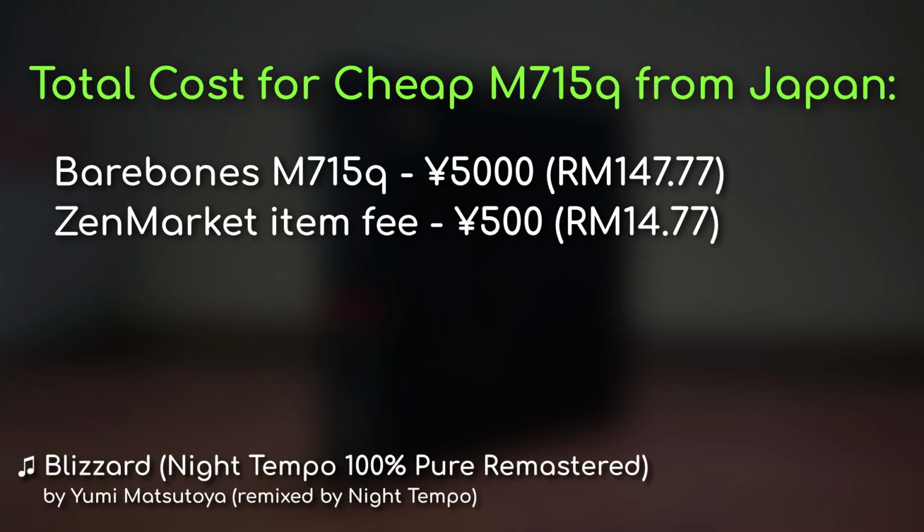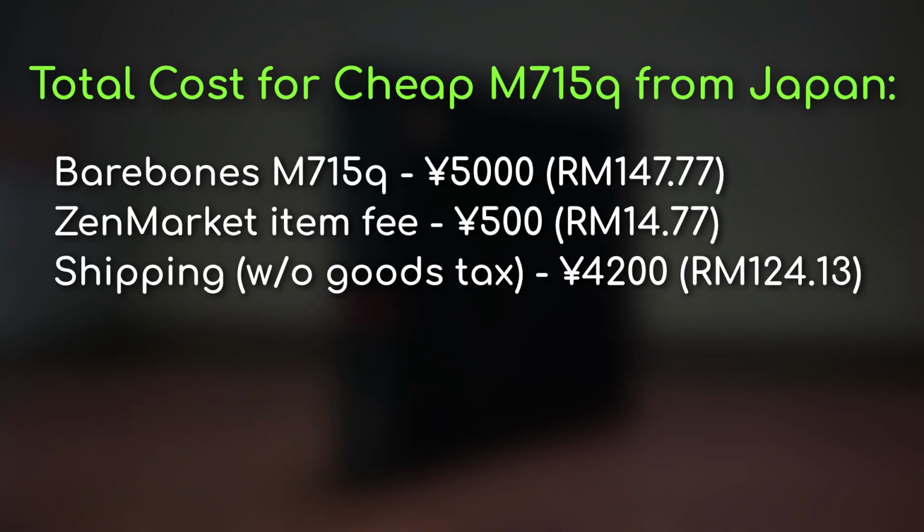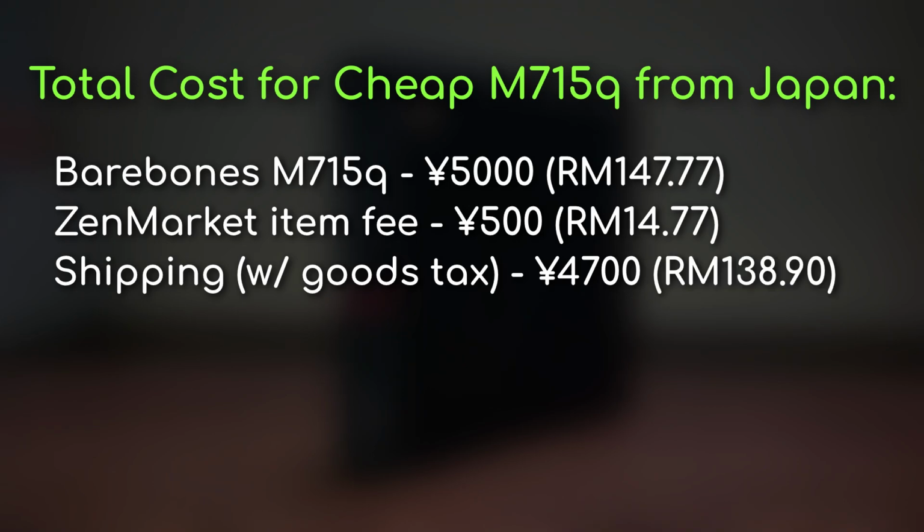And now, the shipping cost from Japan to Malaysia. It costs 4,200 yen, which is approximately 123 ringgit and 44 cent if converted. Because the M715q weighs 1.32 kilos. The heavier the goods are, the pricier shipping cost gets. Very yikes. Adding the 500 yen for goods and service tax, it's 4,700 yen, which costed me 138 ringgit and